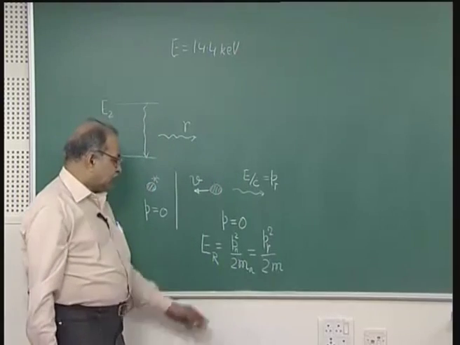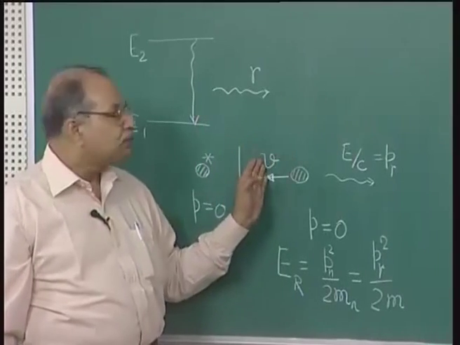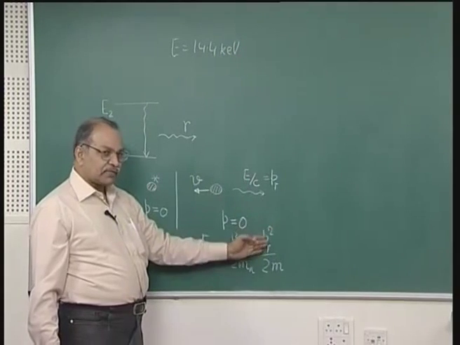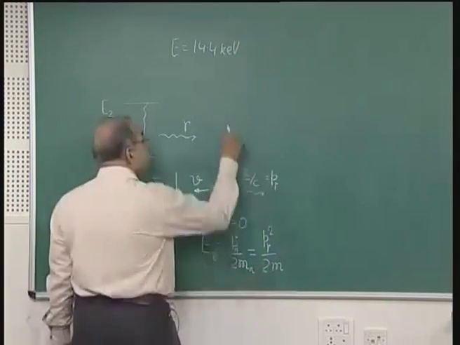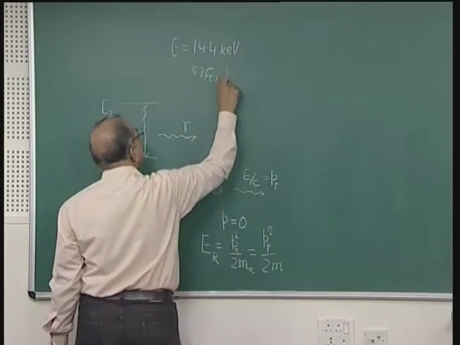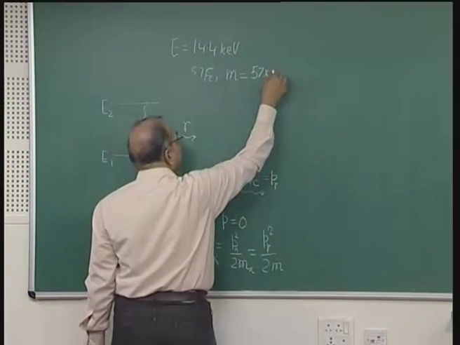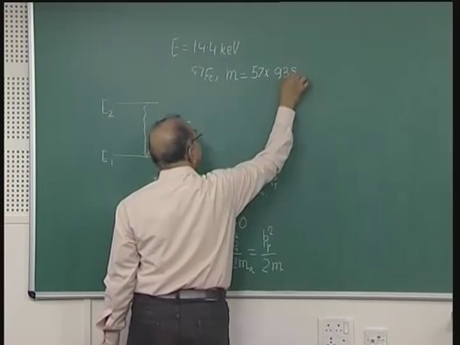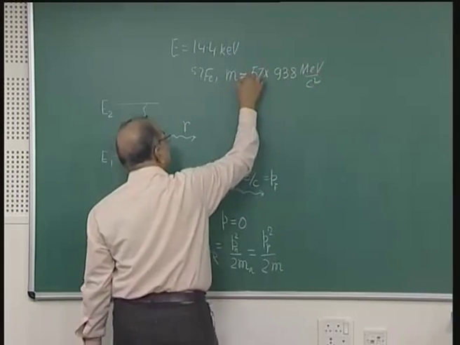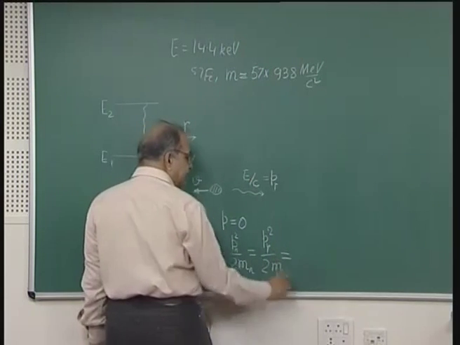So, that same linear momentum is the same in magnitude. With this you can calculate how much is this P gamma, and you can put it here along with the mass of this nucleus. If I take 57 iron, then the mass will be approximately 57 times the mass of a proton, that is 938 MeV by c square. All these things you can put here, and you will find that this energy is something like